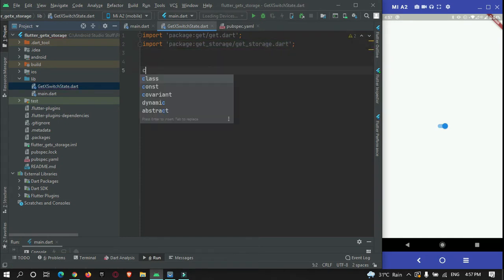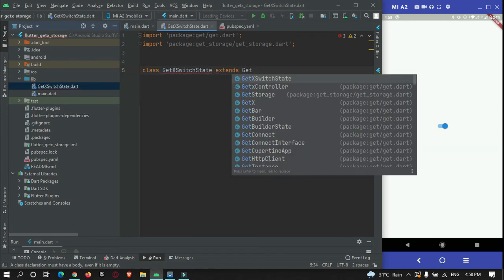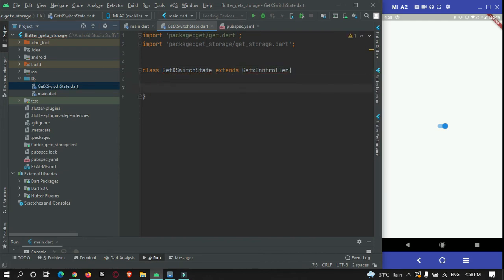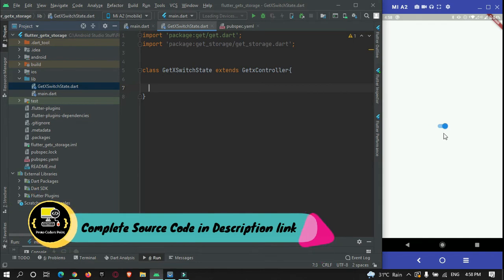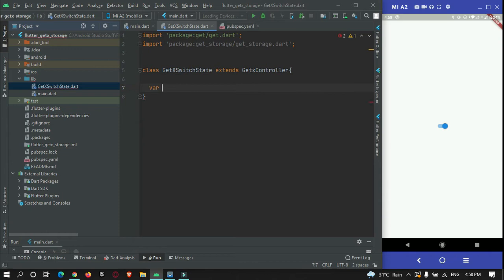Create a class by the name GetXSwitchState that extends GetxController. Now to initialize the state of a switch, you need a variable isSwitched. Initially we will set it to false, so the switch will be off.